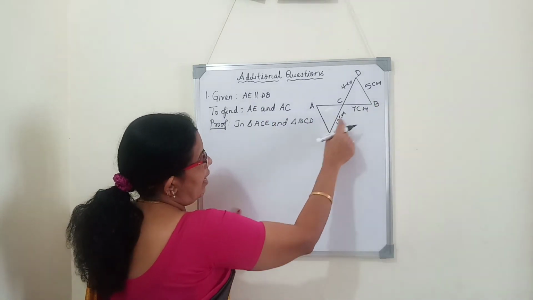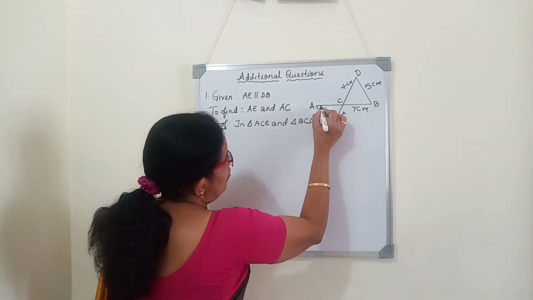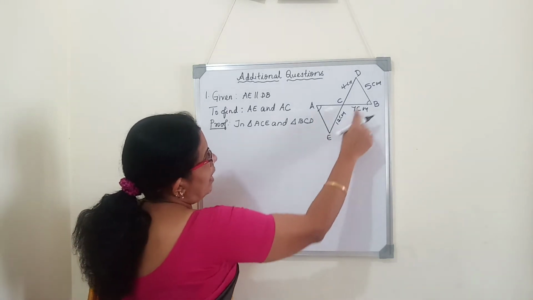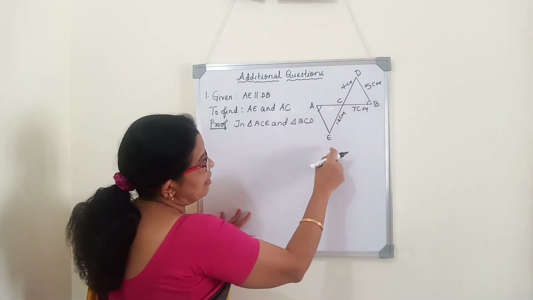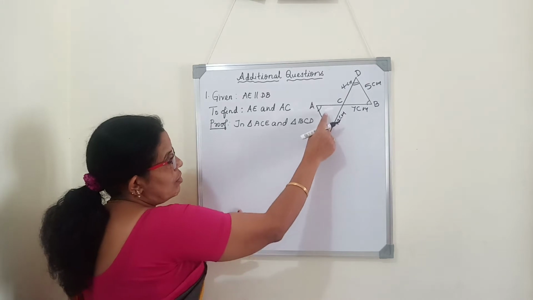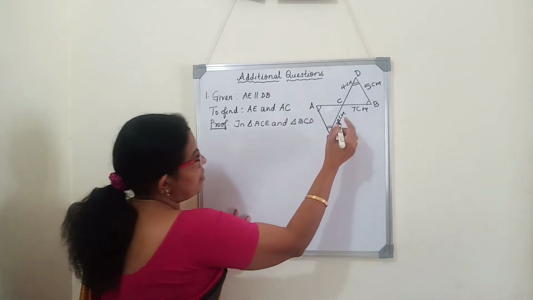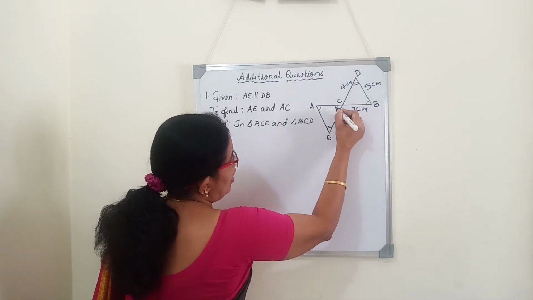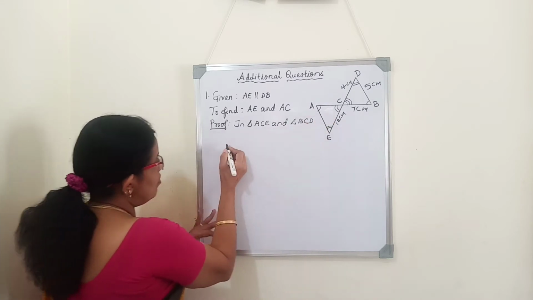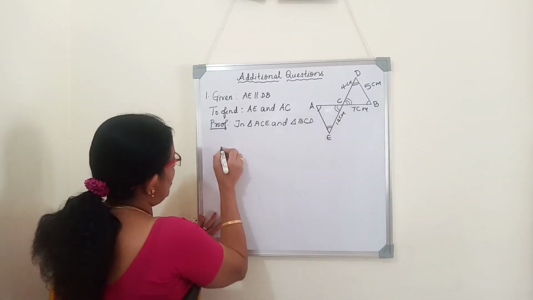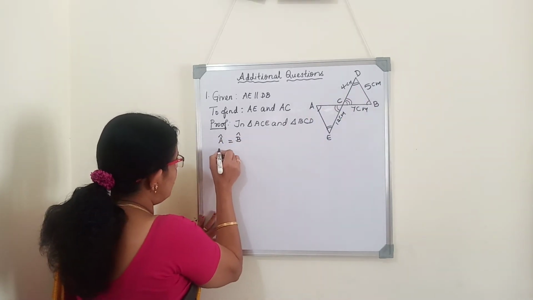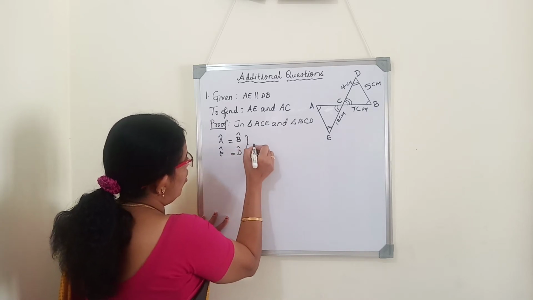If two lines are parallel and AB is the transversal, we know that these two angles are alternate angles and they are equal. The same way, AE parallel to DB and DE is the transversal, then angle E is equal to angle D. That is also alternate angle. So, two sets of alternate angles, and the third pair are vertically opposite angles. Now, we will write first angle A is equal to angle B and angle E is equal to angle D. These two are alternate angles.